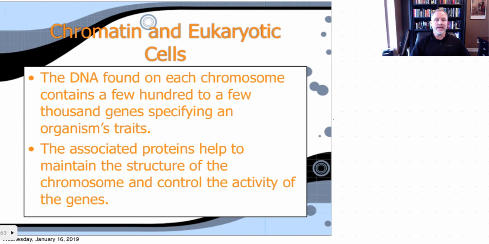Okay, the DNA within the cell typically contains a few hundred to a few thousand different genes on each chromosome. All right, so there's about 20,000-ish genes in the human genome, and we have 23 pairs of chromosomes, and then on those chromosomes there's a few hundred to a few thousand genes on each one. Okay, and these associated proteins, as we said, help control the activity of the genes, control the separation of the genetic material during cell division, etc.